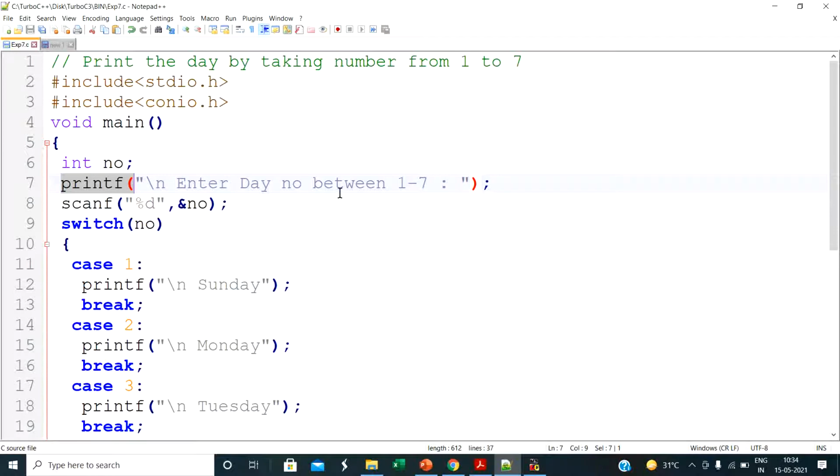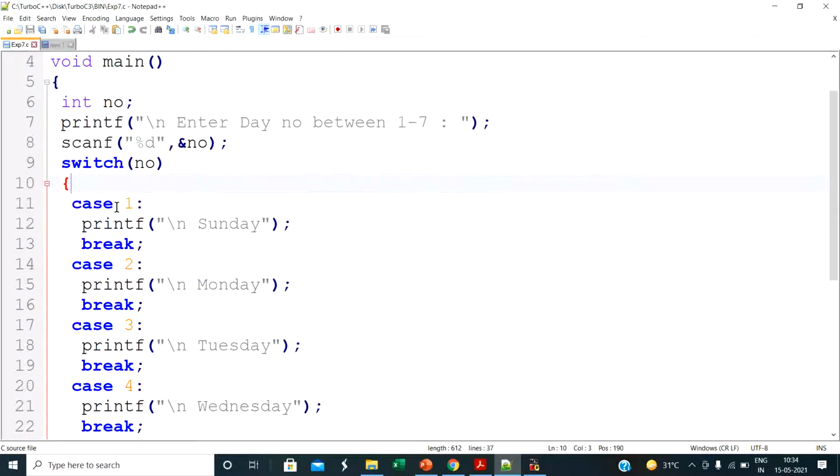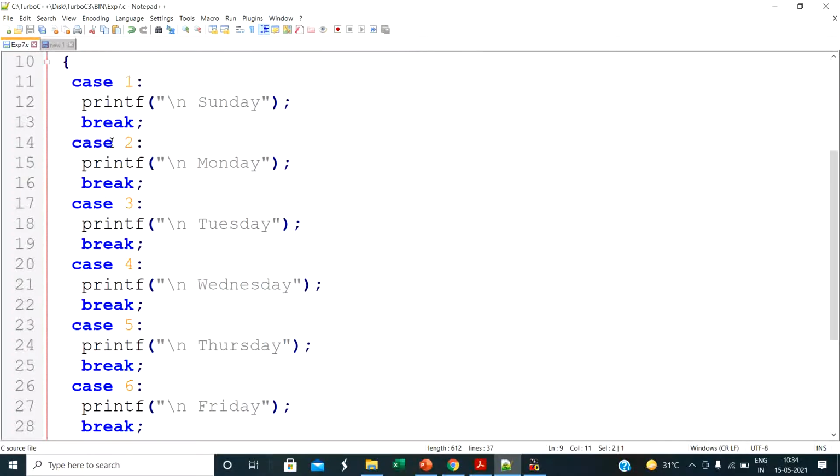After this instruction executes, the user enters some value. That value we store in the num variable, so for that we use the scanf function with %d, because num is of integer type. Then here we use the switch statement. In the switch statement we pass the variable num. Then here I define 7 cases.